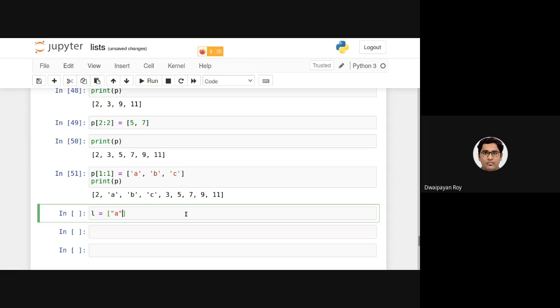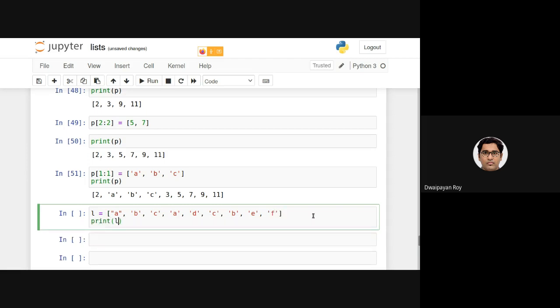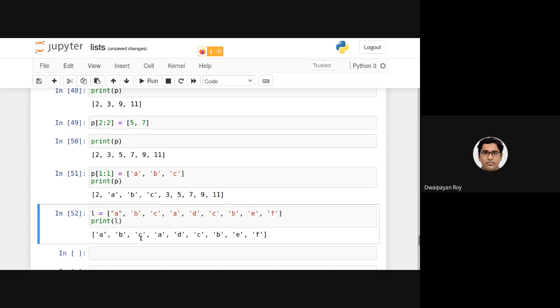It is containing A, B, C, A, and so on. It contains 2 A's, 2 B's, 2 C's, and 1 D, E, and F. So if I print L, you can see A, B, C, A, D, C, B, E, F.